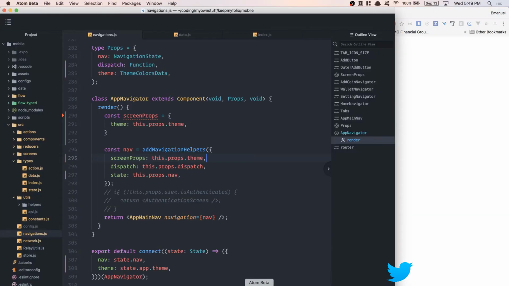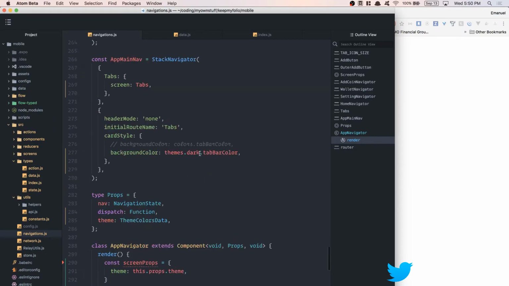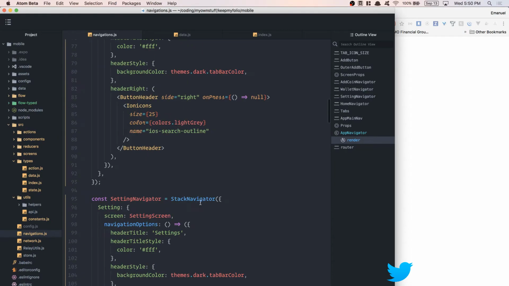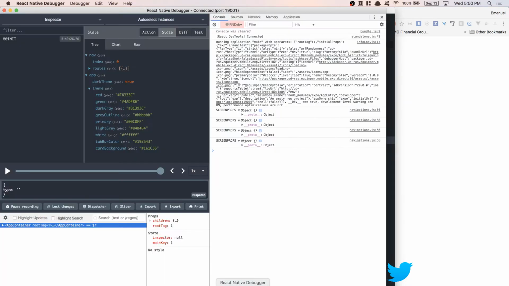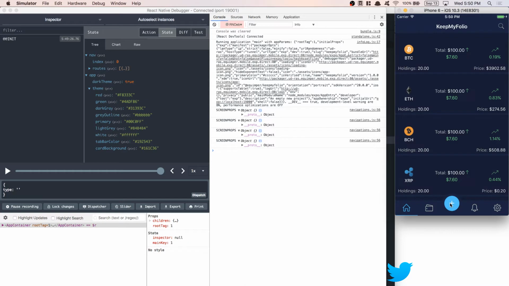The only thing I can maybe see is there. The one I'm looking at right now, where I do the console log, it's inside the add coin. So if I take a look at the add coin,